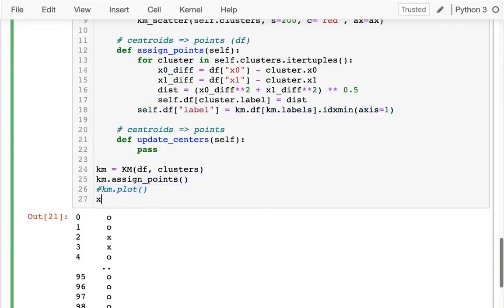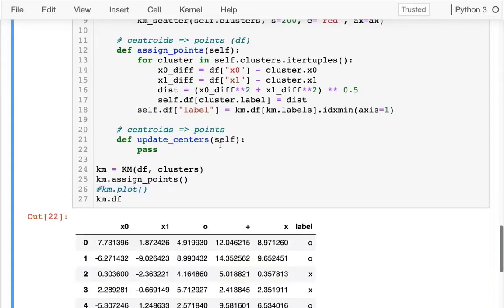So look at my data frame. I run that, and I can see, okay, great. So I have my original data, which never changes, by the way, right? The data never changes. Then I compute the distance to each of these clusters, and then based on that, I'm like, okay, well, this first one, O is the smallest number, so that's an O cluster. Same thing for the second one. The third one, the smallest value of these three, is under the X column, so that's in the X cluster. So I've been able to assign all of these points, and so let me just show you what's going to